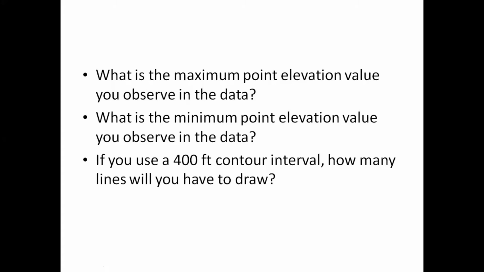And in order to do so, you subtract the minimum value from the maximum value, and then you divide by the number of contours. Like if you want your contour interval to be 100 feet, then the number of contours will be different. If your contour interval is 400 feet, then the total contours that you will draw on the map will be different. So here we will see the example from St.